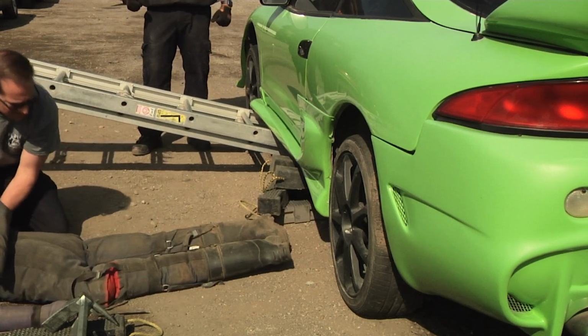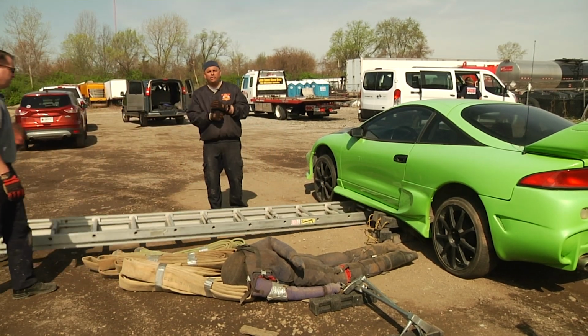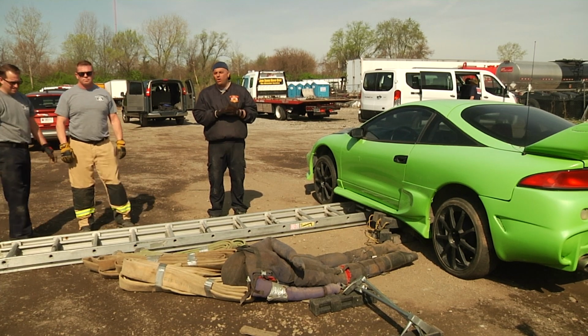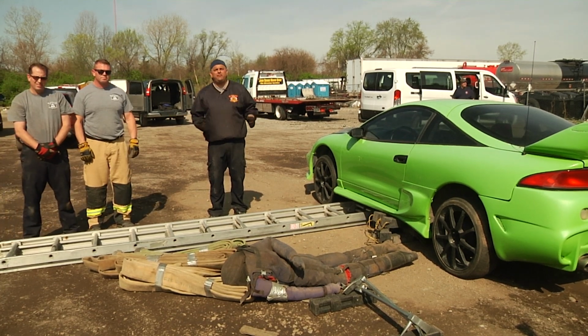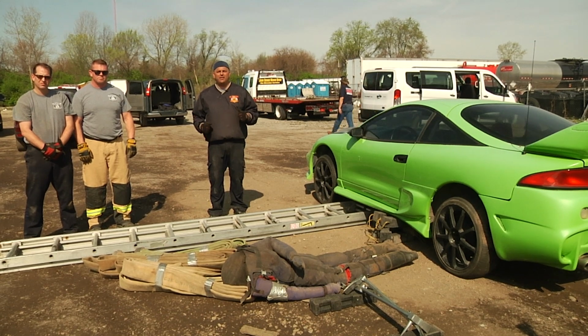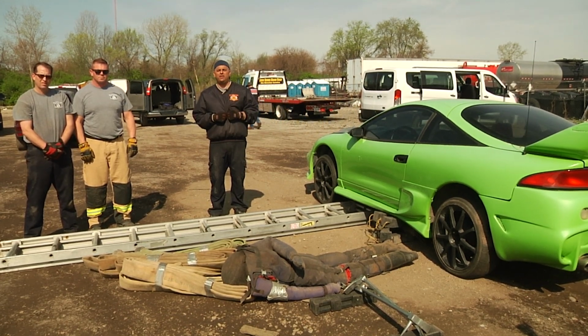Now, we get a lot of questions about the portable ladder. We would only use an aluminum or a wood ladder to do this, not a fiberglass ladder. Okay, as well as what does the manufacturer say? Well, the manufacturer says if you're using this ladder to save a life, this is perfectly acceptable. Just afterwards, maybe you want to send the ladder out to be